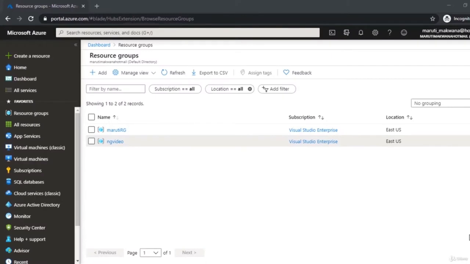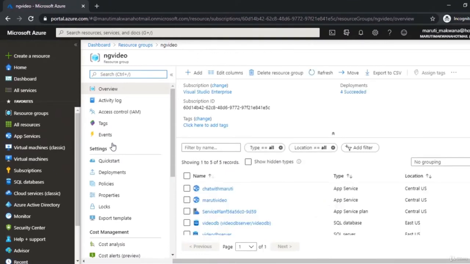Alright, so it's time to understand Azure Resource Manager. Now, we already know terms like resources and resource groups. We know that in our portal, we have seen resource groups which are going to have multiple resources inside them. And these resources can be of different types, and they can also belong to different locations.